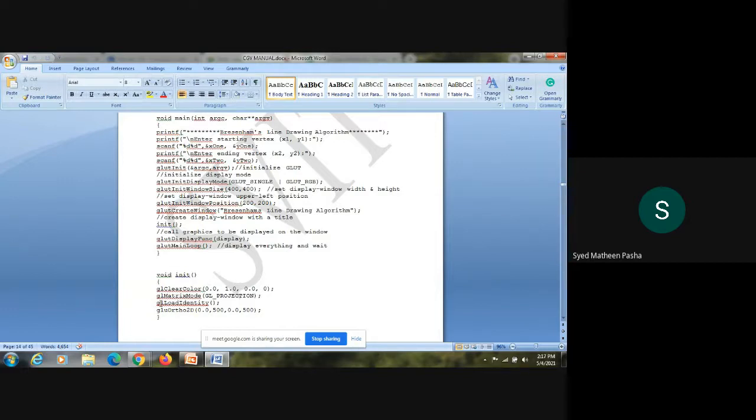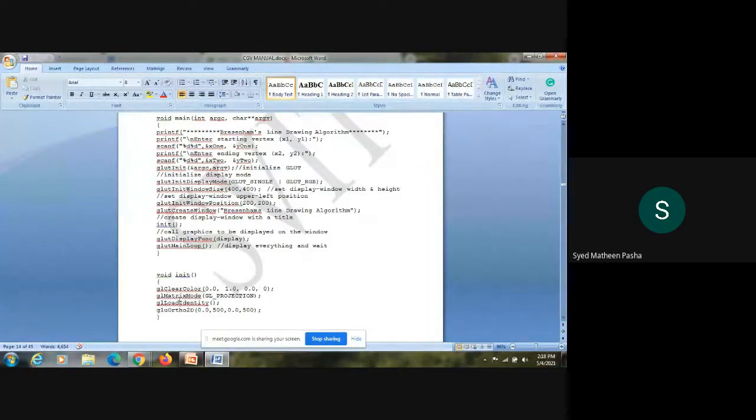Then with the help of glLoadIdentity, I will load the identity matrix into the code. And then what does gluOrtho2D do? It tells that you are specifying a 2D object to the display screen. You are displaying a 2D object with these dimensions. Basically, gluOrtho2D multiplies a matrix by an orthographic matrix.